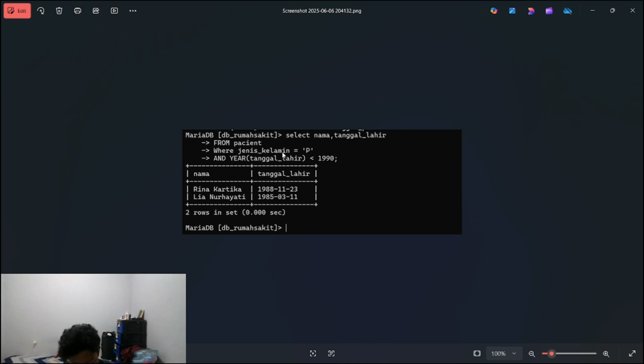This specifies that the data should be retrieved from the table patient, which contains information about patients. And then WHERE jenis kelamin is P. This filters the records to include only patients whose gender is female, which in this case we wrote as P.